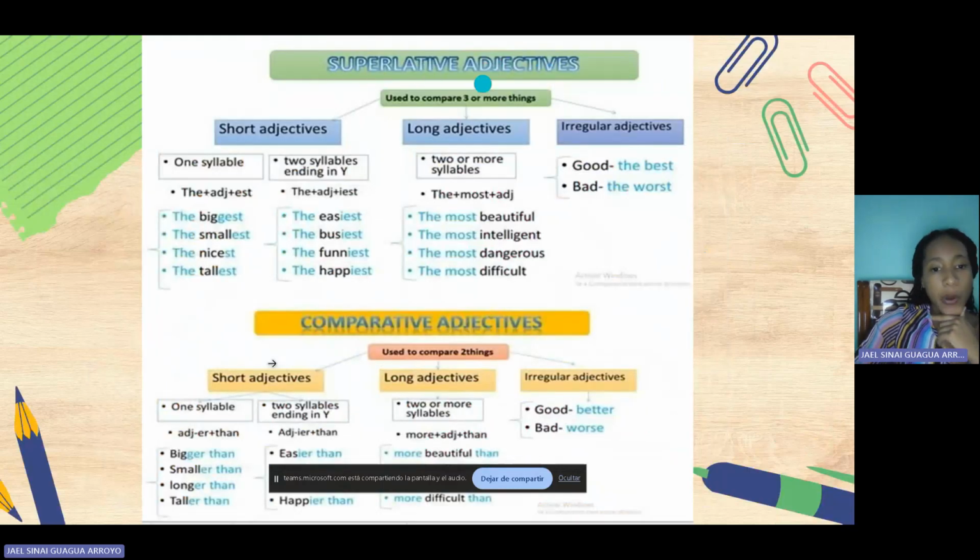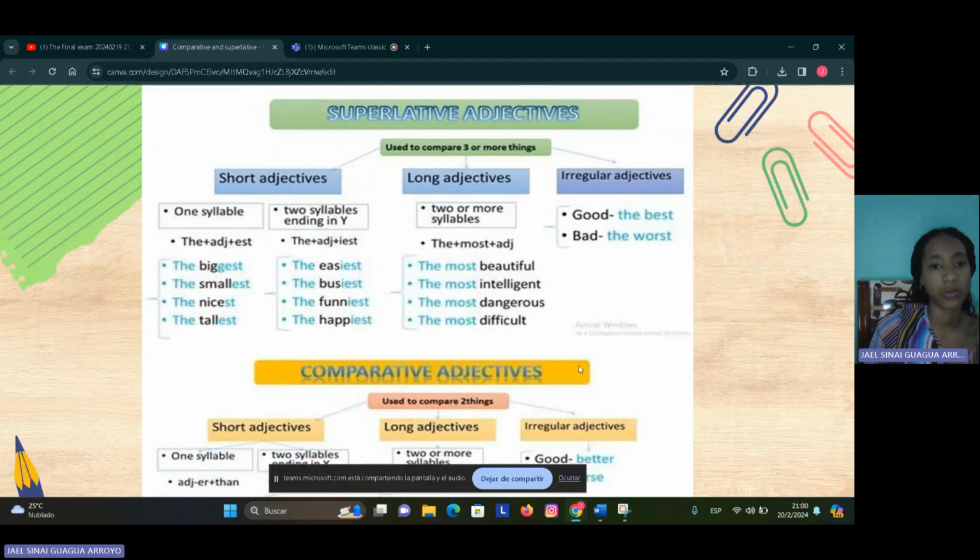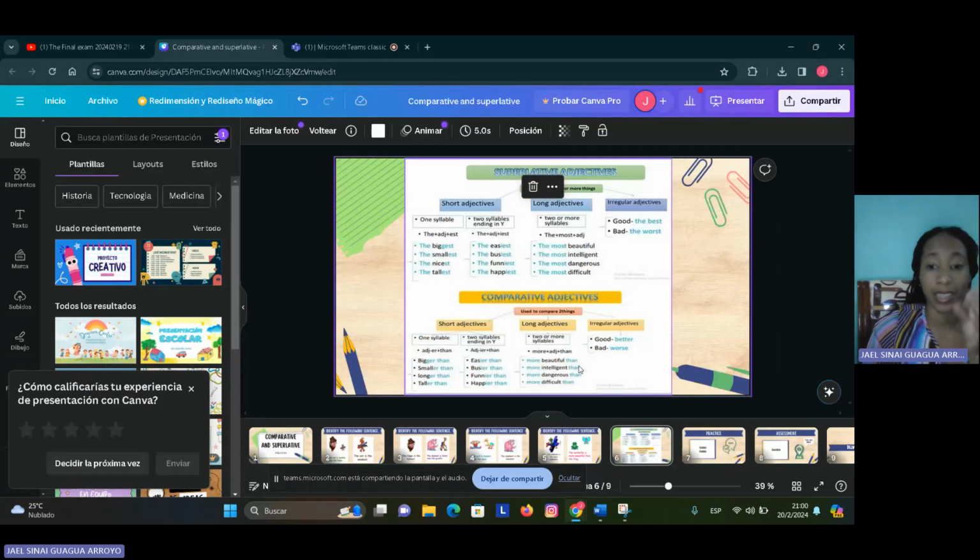of superlative adjectives and comparative adjectives, separated into short adjectives, long adjectives, and irregular adjectives, and the same way with comparative adjectives. So I'm going to explain these rules, and the students can listen to me. And if the students have any questions, I can clarify their doubts. So after I explain this concept and some rules that comparative and superlative adjectives have, the students can practice